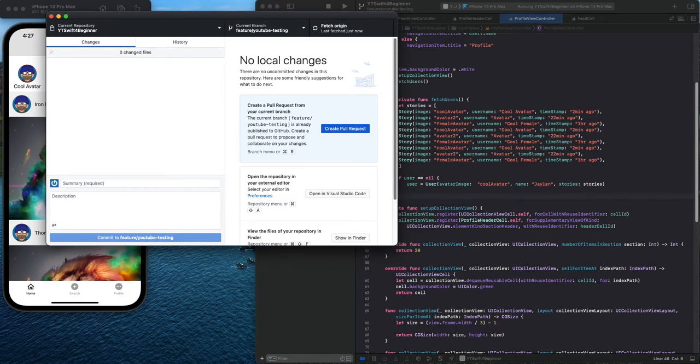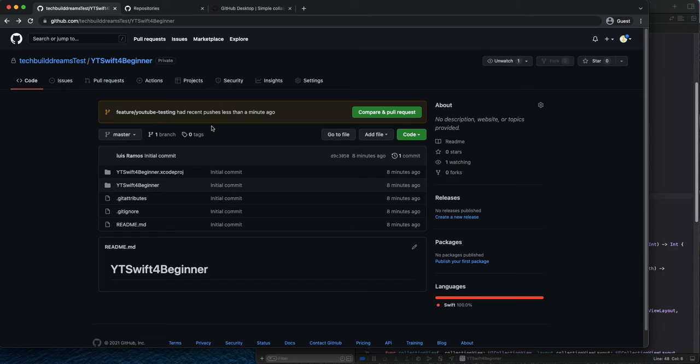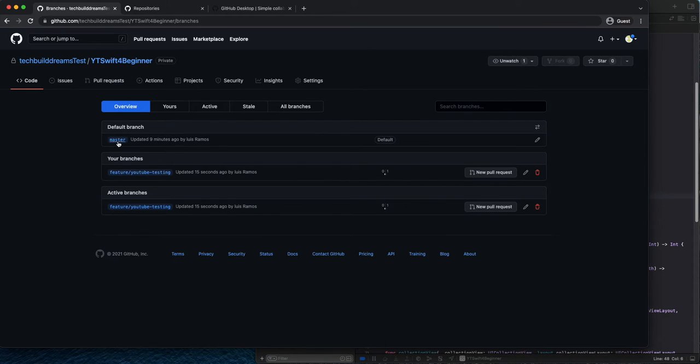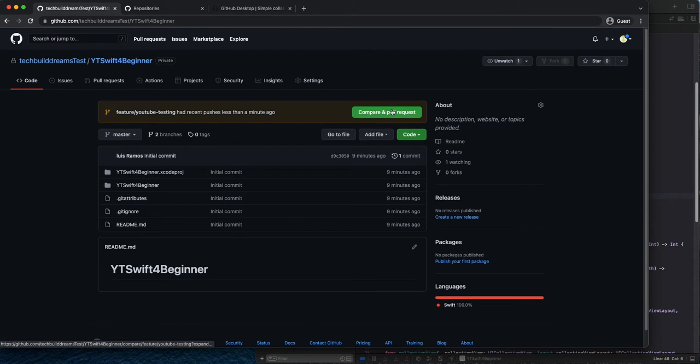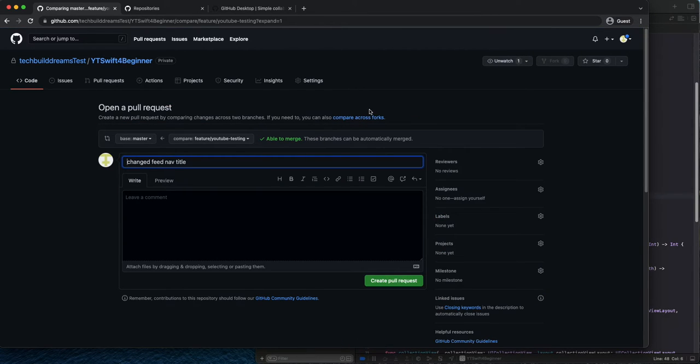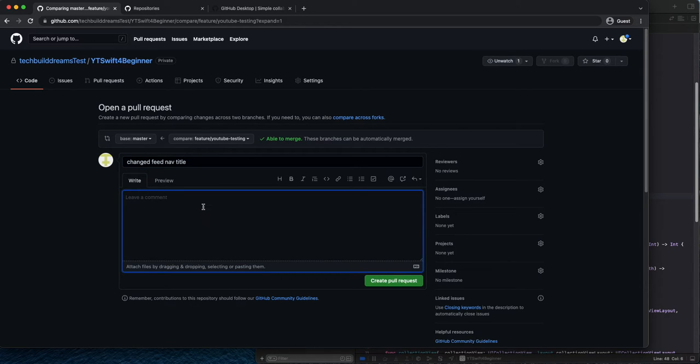Where's, right here? You see, it tells you right here, hey, had a new branch push, and right here you can see we have one branch, master, and then we have this right now. So that's what happens, and then you come here, and that's when you really create a PR or something like that. So here you could leave comments like this is testing